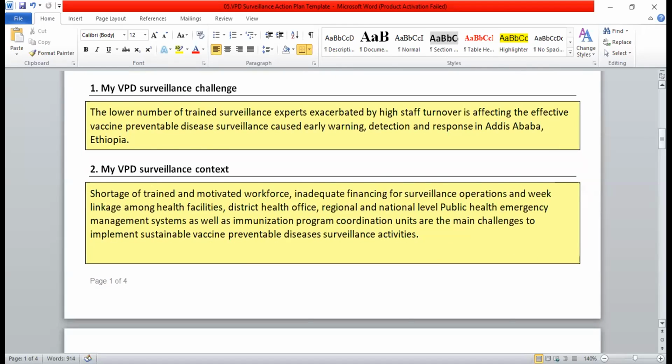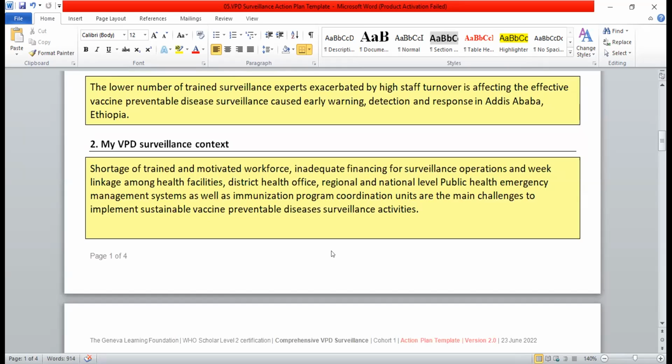When I come to the context, shortage of trained and motivated workforce, inadequate financing for surveillance operations, and weak linkage among health facilities, district offices, regional and national level health emergency systems, as well as immunization program coordination units are the main challenges to implementing sustainable vaccine preventable disease surveillance activities.